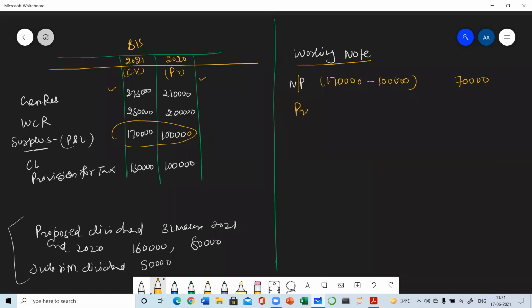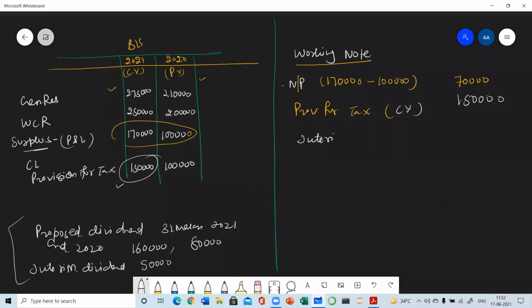Recall the 4 items. Provision for tax. In provision for tax, I told you which provision will be added? Current year. So go to the current year provision, which is 150. So this 150 will be added. Then you can change the sequence of these items. There is no hard and fast rule that you need to write first provision for tax, then interim dividend, then proposed dividend. The only thing that matters is that you write all the 4-5 items, and there is no decided sequence. In any sequence you can write. Very good. Then provision for tax, current year.